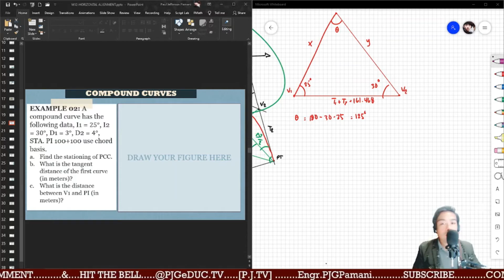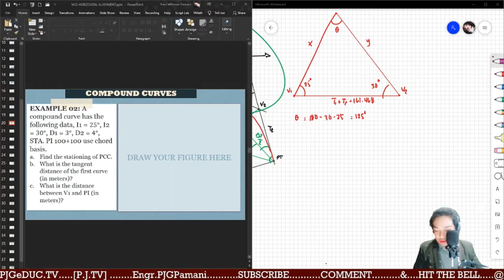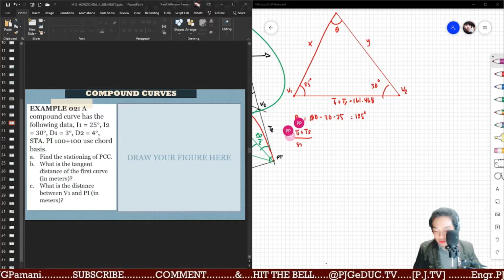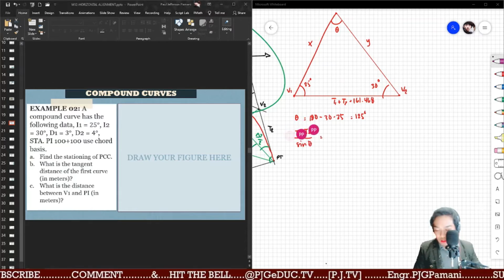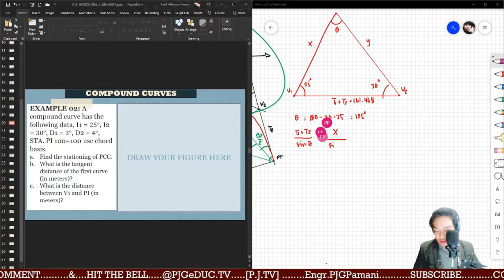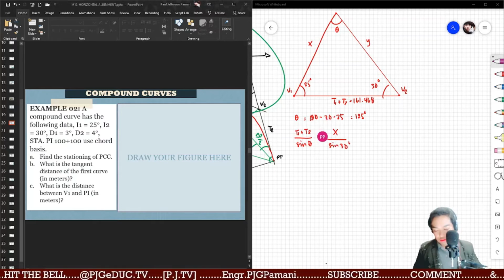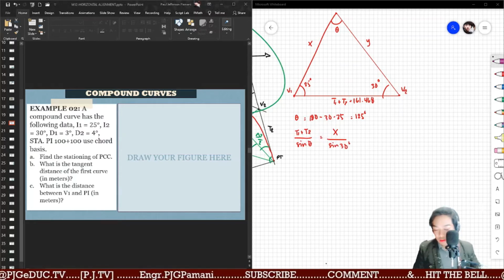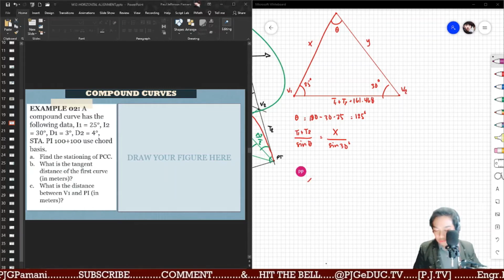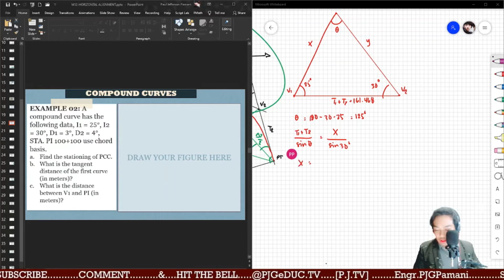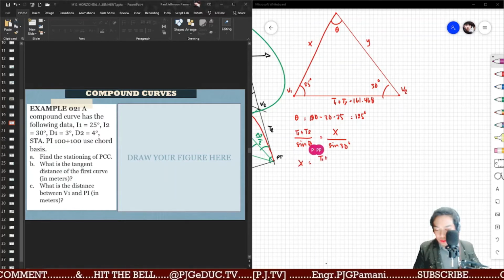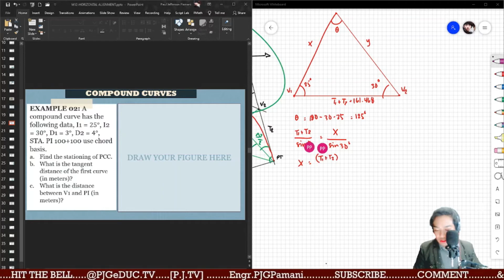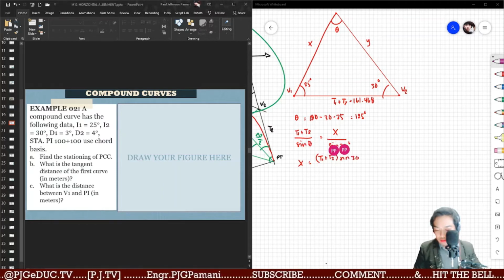That is simply sine law. T1 plus T2 over sine theta is equal to X over sine 30 degrees. Diba? So, ang gagawin natin next, simply simplify, that is X equal to T2 plus T1 sine 30 degrees over